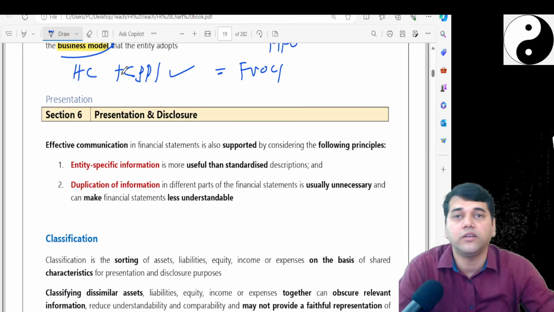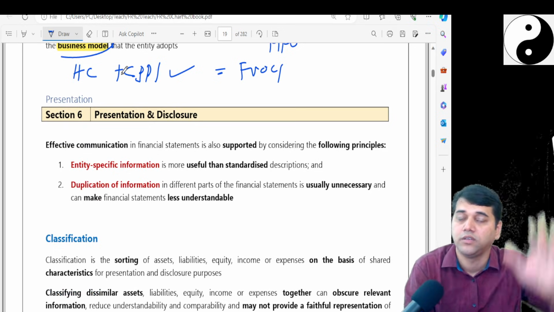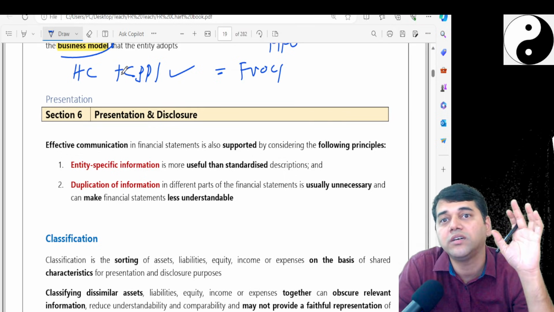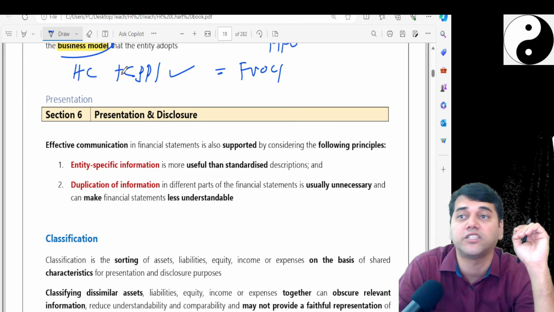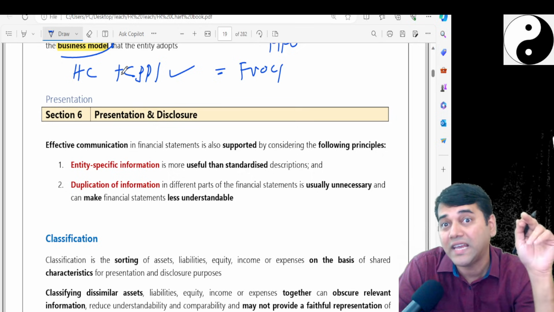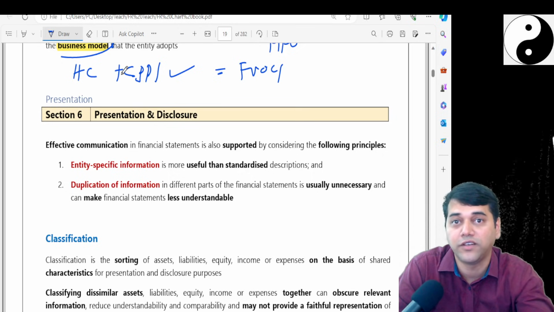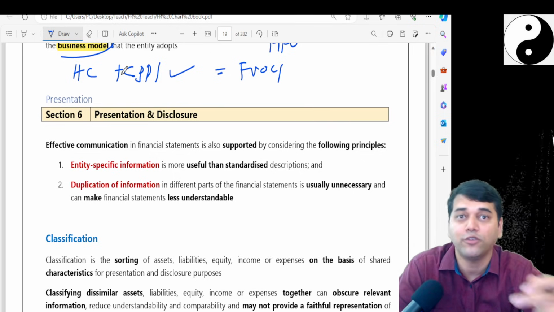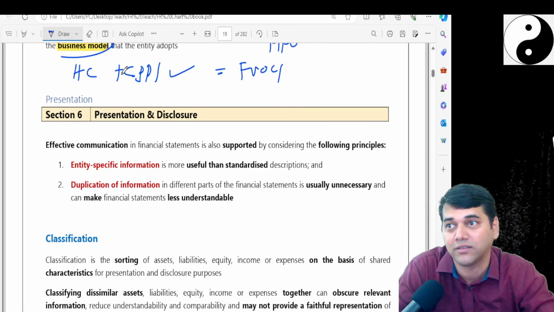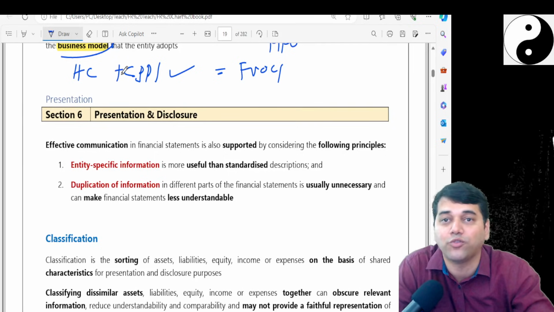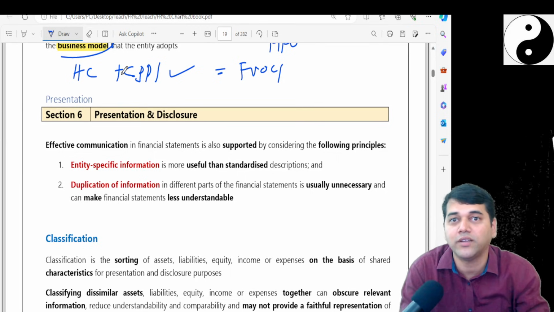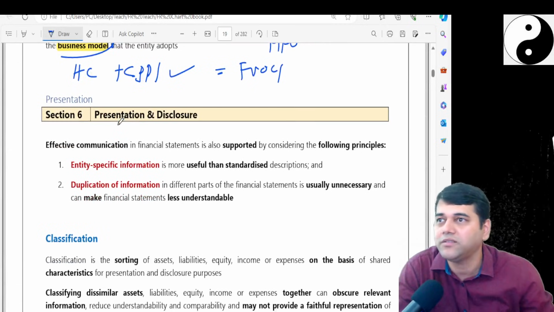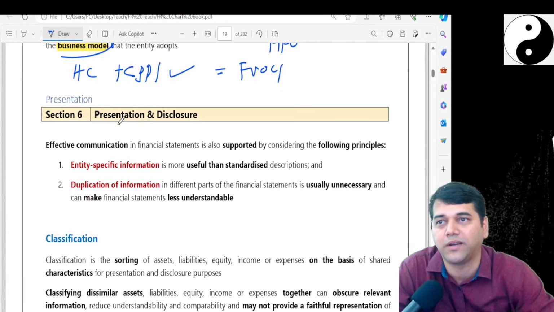See, first of all, you understand how it is framed. First, it starts with the information to the investors. Then they talk about the qualitative aspects of the financial statement. Then the elements of the financial statement, definition. Then, should I recognize those financial statement items? If I have to recognize, then what value should I recognize? Then finally, how I should present and disclose. With this, the conceptual framework ends. Probably one more item should be there, concept of capital and all. With this, we are done with the first part.